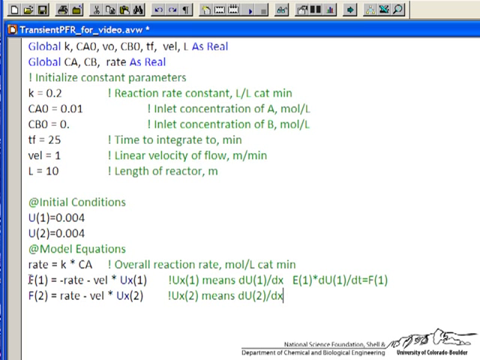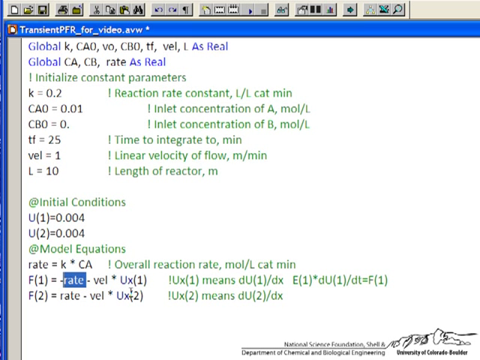So when I write F1, I'm saying what's the right side of the differential equation. In this case, the left side, E1, is going to be 1, and this derivative of U1 with respect to time is the derivative of concentration with respect to time at any given point in the reactor. So my mass balance basically has a rate expression, minus kCa, because A is disappearing. And then I have a flow term, velocity times the derivative of u1 with respect to x.